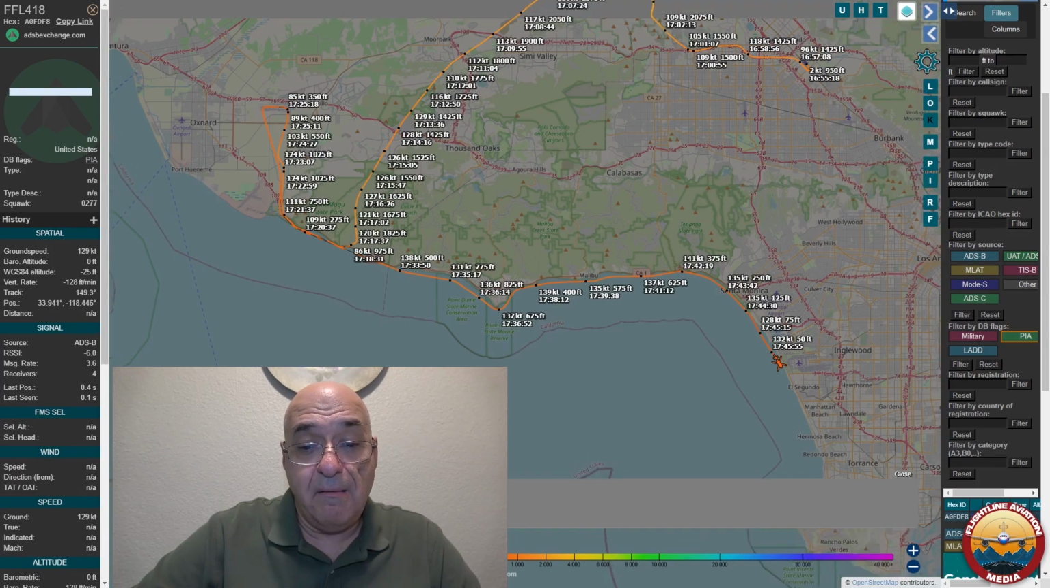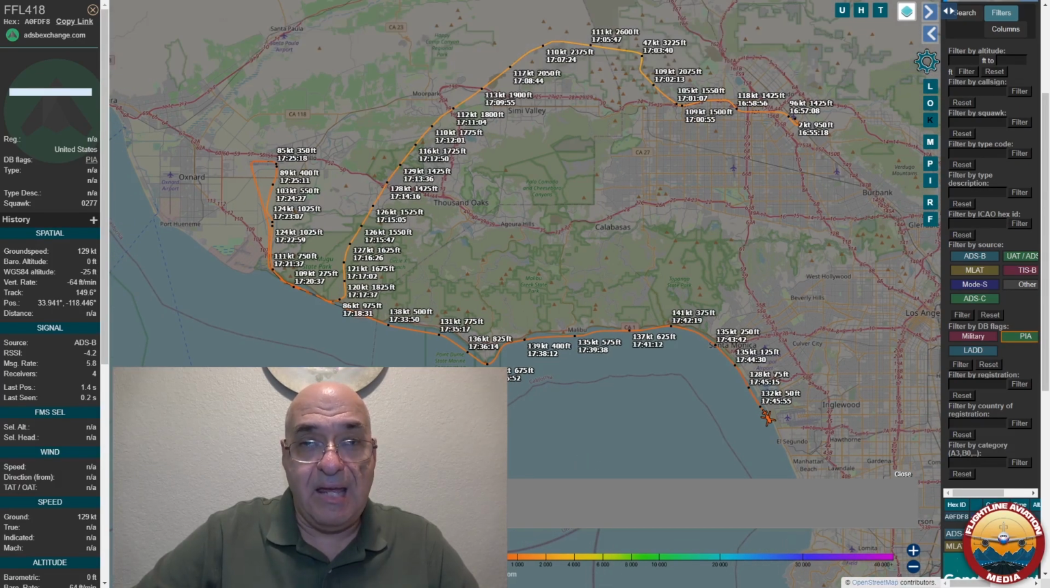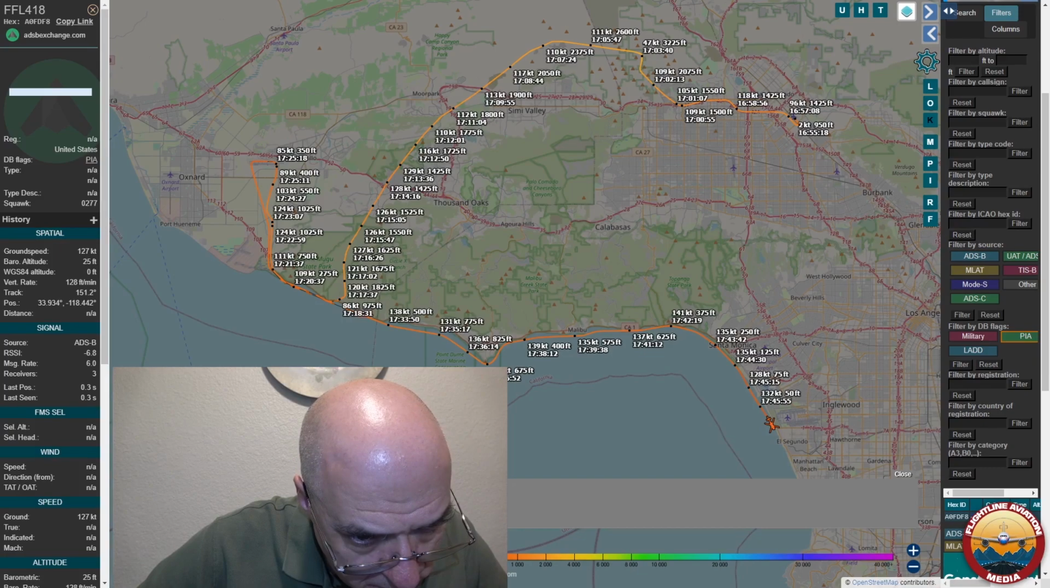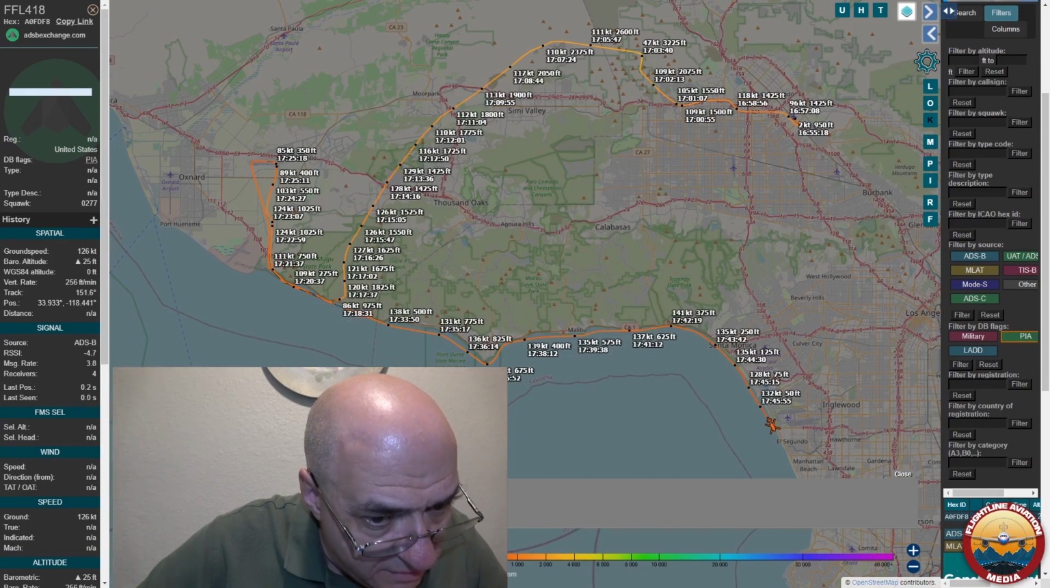third-party call sign. But the flight is not a ForeFlight aircraft. It doesn't actually belong to ForeFlight. The call sign has nothing to do with the owner of the aircraft. If we look over here under the data, we can see that